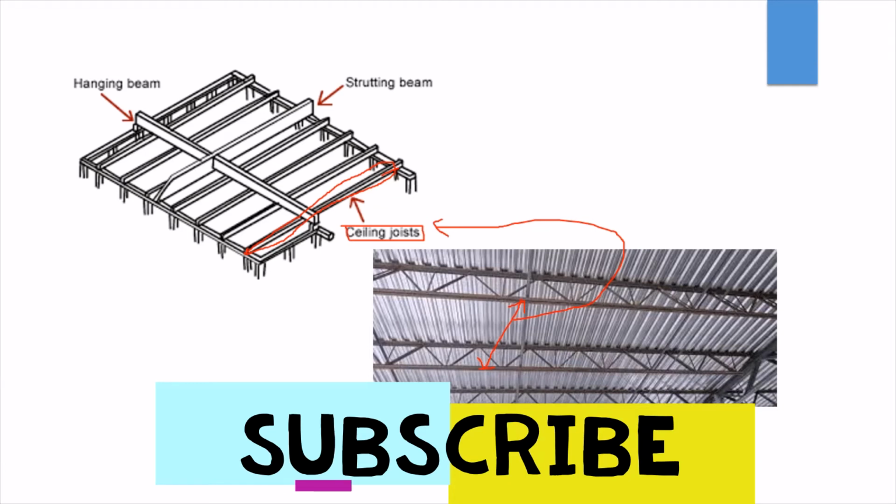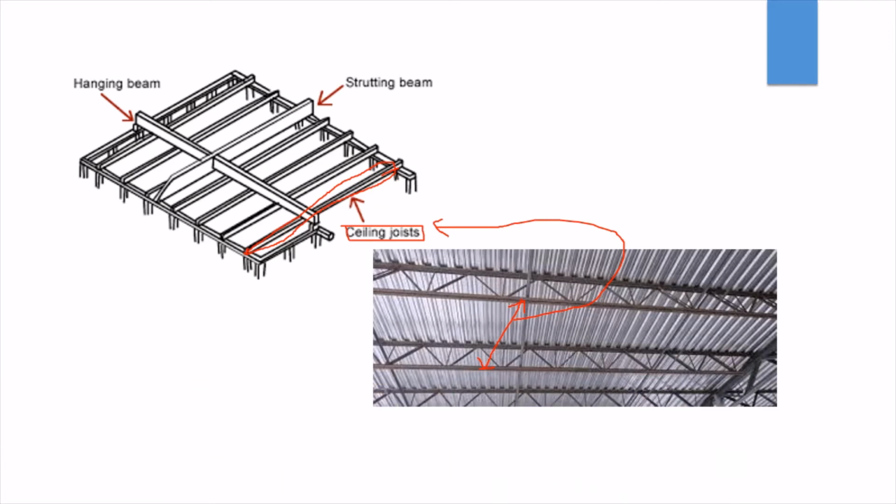So this is a ceiling joist. These members are said to be a ceiling joist. These carry the load from this slab. This horizontal member placed here will be set as a plank, and this distributes the load to this joist, and this joist will transfer it to the main beams. So this is the concept about joist.